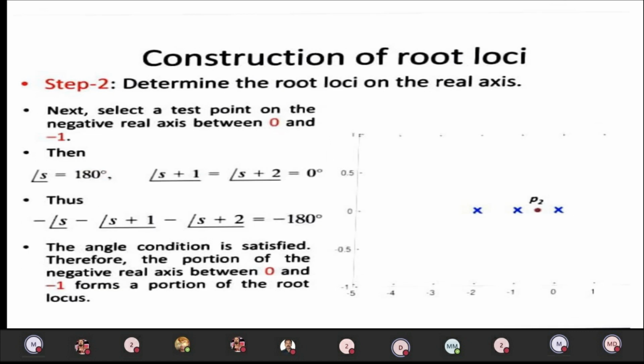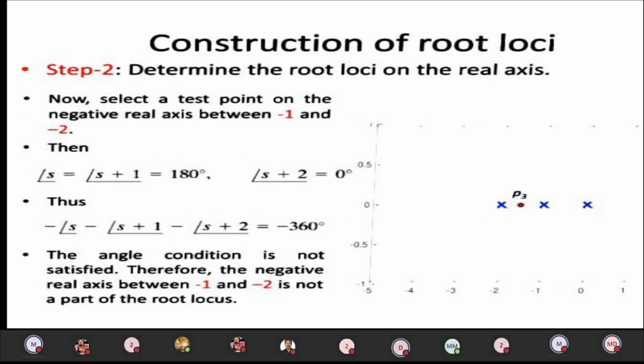You can see here, if you consider the test point in between the first two poles and look into the right hand side, there is one pole. Therefore, there is a root locus on the real axis from the first pole to the second pole. You can draw that as a dark line. If you take a test point in between the second pole and third pole and look at the right hand side, you count two poles, which is an even number. Therefore there is no root locus on the real axis from the second pole to the third pole, so the dark line should not be drawn.